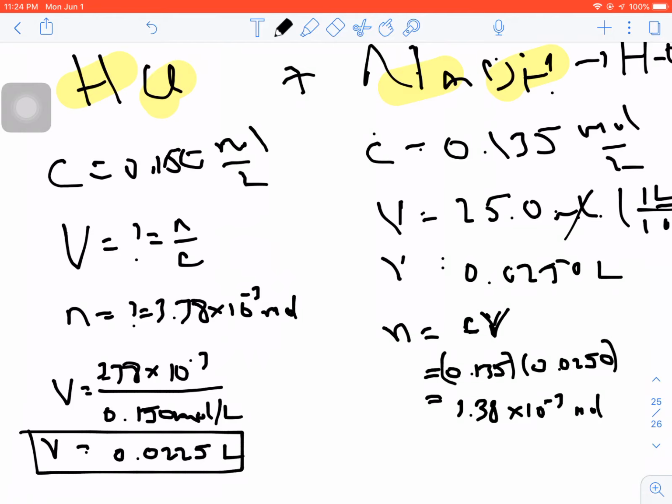So the question is asking how much acid I can neutralize with that base. I can neutralize 0.0225 liters of acid by using that amount of base. So whenever we do one of these questions, I will always be given enough information to either calculate N for the base or calculate N for the acid. And then as soon as I know N on one side, I can use it to do the math on the other side. Right, similar to what we were doing when we were doing the limiting reagent stuff way back